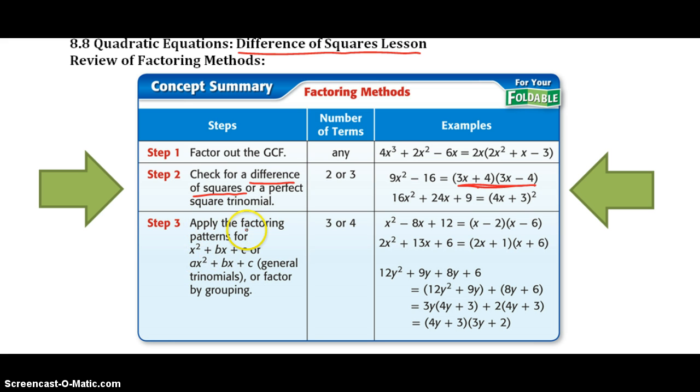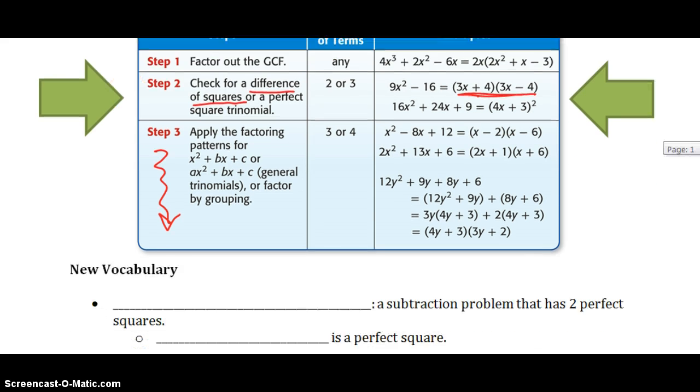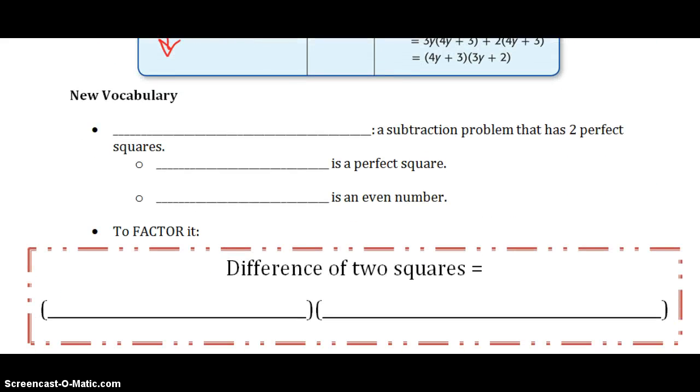Now don't forget to apply factoring patterns that you already know, looking for the product and the sum, or regrouping. So everything we know is still here in step 3 and beyond, but we're adding this new step in step 2. So our new vocabulary is the term difference of squares,